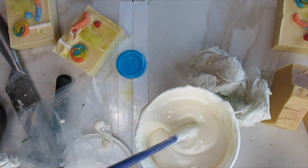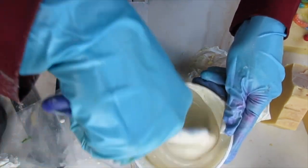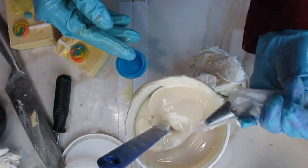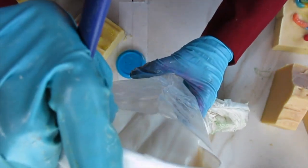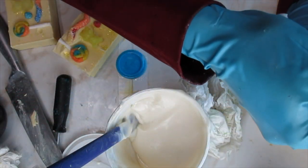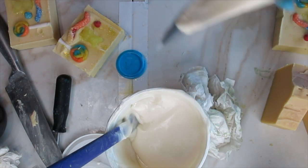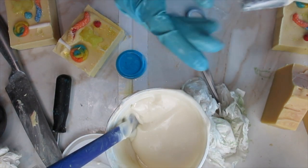It took several minutes for this to happen. I just kept checking every so often. I would go and start cleaning, wiping containers, just do something else, and then I'd come back and check on it. Then when I thought it was ready, I put in a piping tip that I had, and then I just poured a little bit of the mix. As you can see, the temperature was still the same as before, 109. I wanted to make sure that it wasn't accelerating, that it wasn't moving forward,